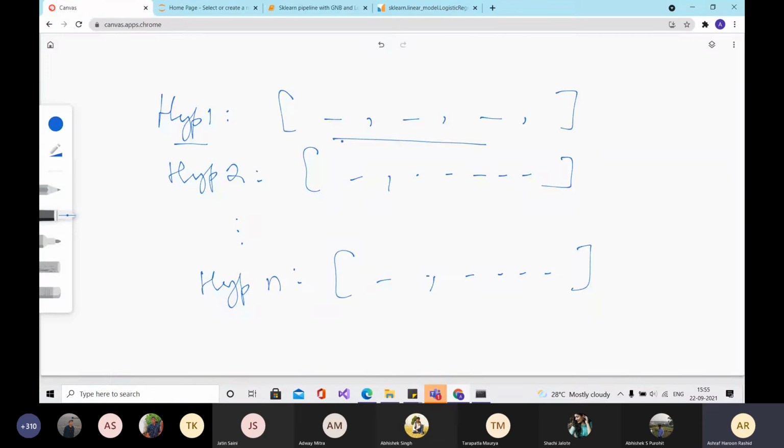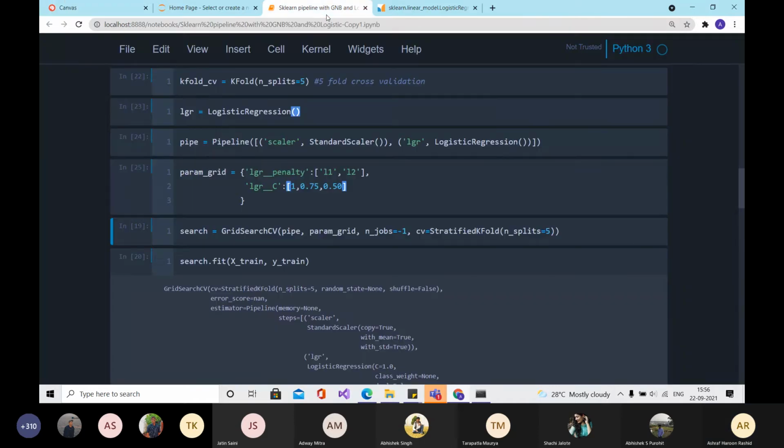Now, you have some range of all these hyperparameters, and for each particular combination, you need to do a k-fold cross validation. The way we do it in sklearn is using this GridSearchCV class.